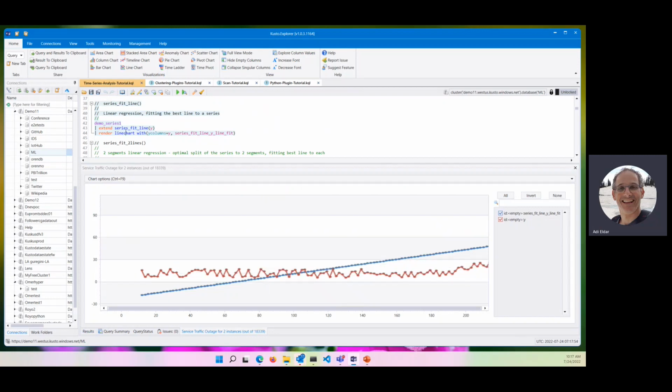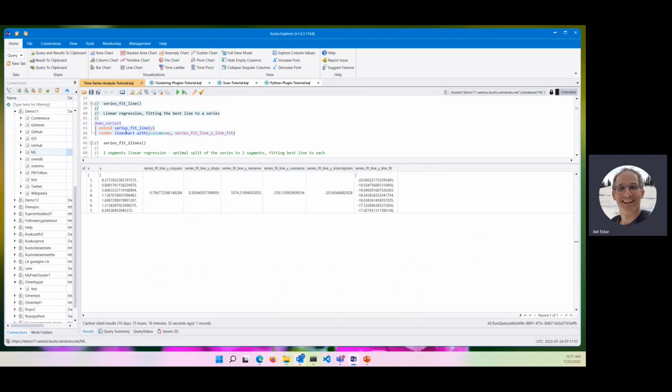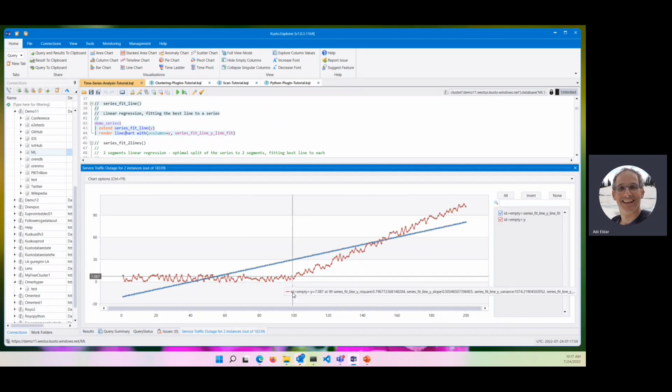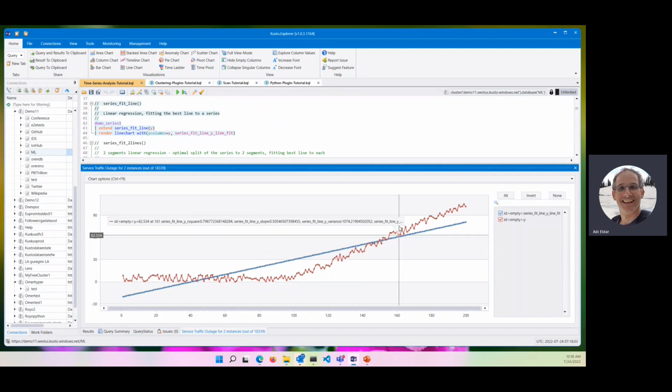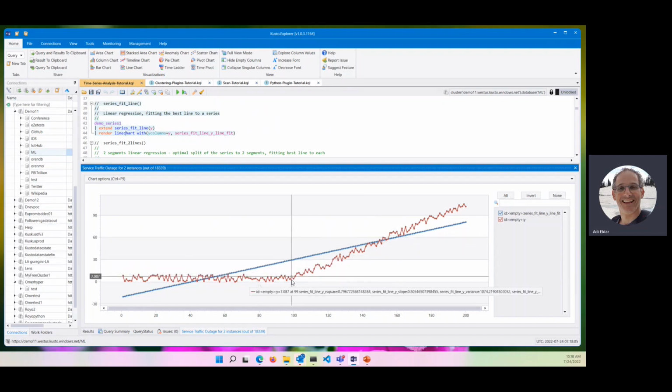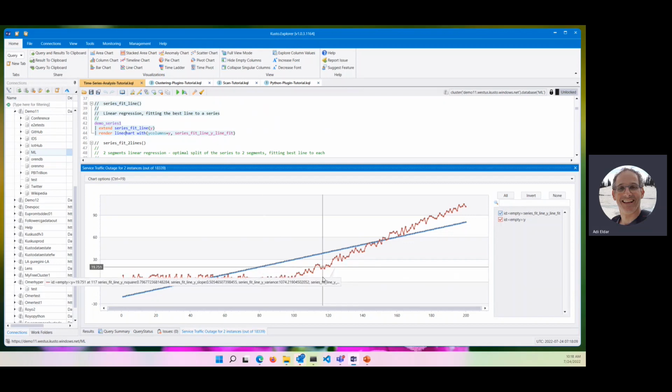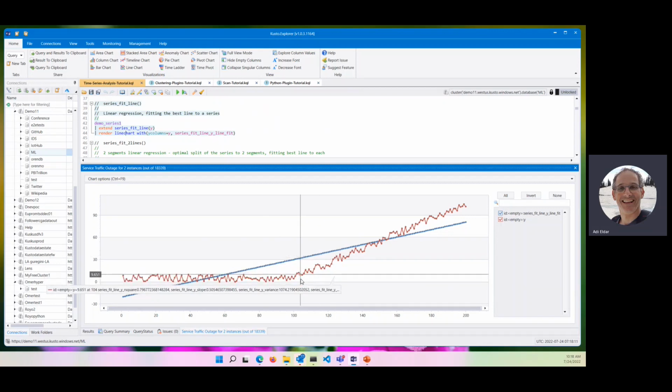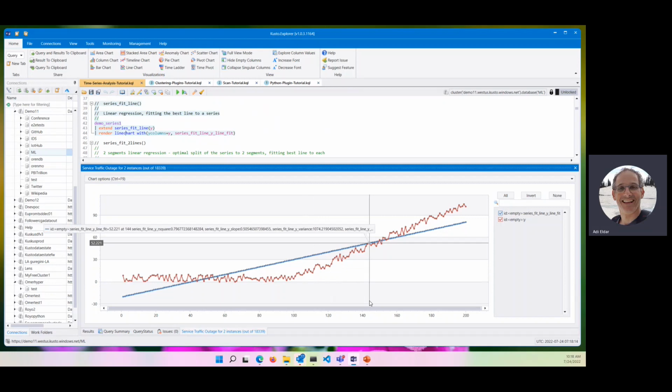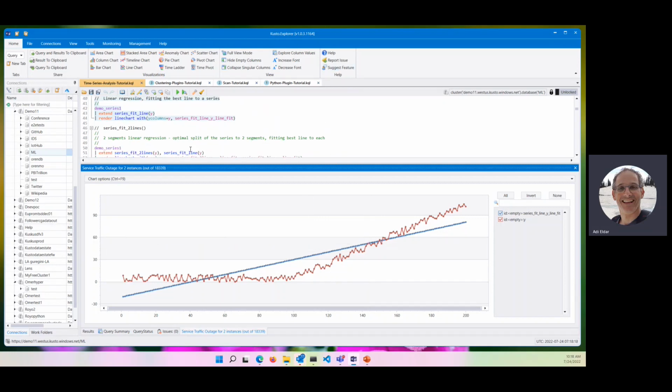Sorry for that. There is some issue with the rendering. So you can see that here we have a change point, and the line doesn't fit the time series perfectly. Because a change point is important for anomaly detection on streaming data, we also